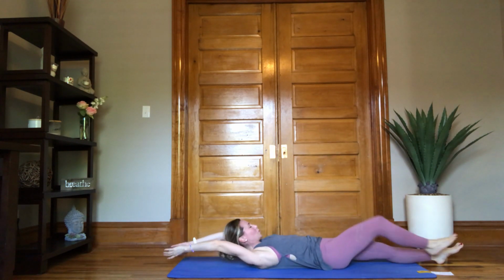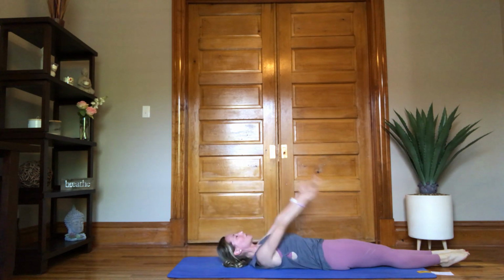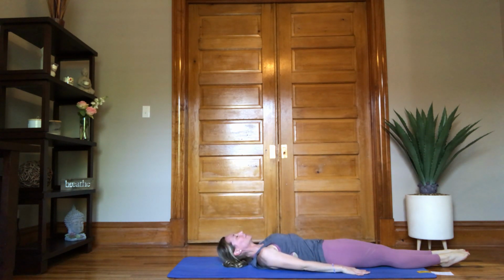So fingertips towards one wall, toes towards the other. Option for shoulder stand. If shoulder stand is not for you, you can do any other stretches you would like to do here, any other poses. Maybe you're feeling more like a bridge pose or wheel pose. So for shoulder stand, arms at your sides, palms face down. Just remember your upper body needs to stay down in order for this to work. So leave the